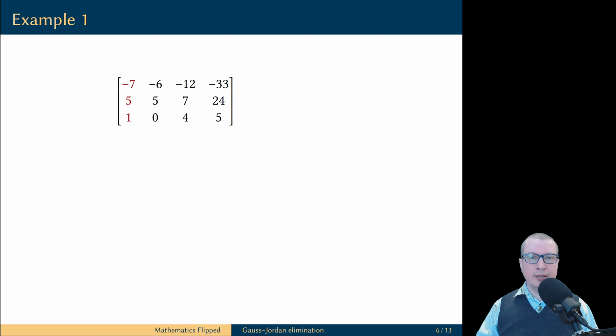In step number 2, we have to ensure that we have a non-zero entry at the top of this column. In this case, we already have a non-zero entry at the top of this column, but let's look one step ahead. We know that the next step that is coming is to scale the top row to produce a leading one. But if we have to scale by -1/7, then we'll introduce some fractions that will make our computations more difficult in the future. Why not instead swap rows 1 and 3 and avoid having to scale to obtain a leading one?